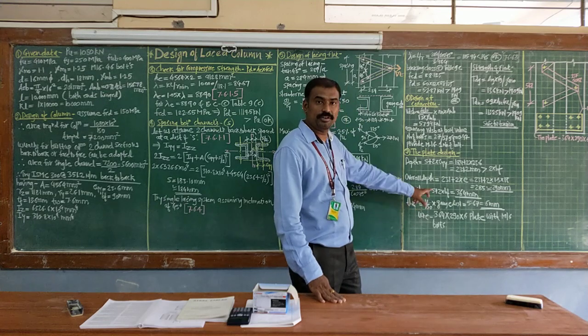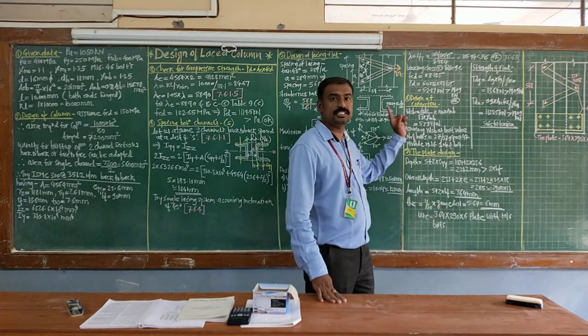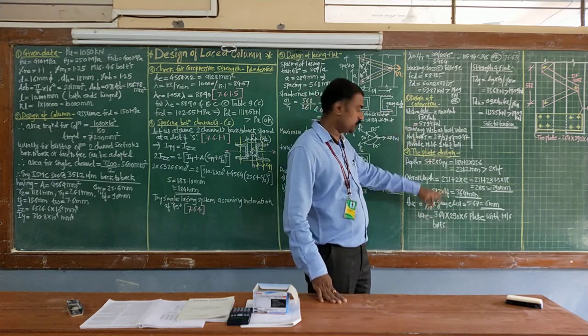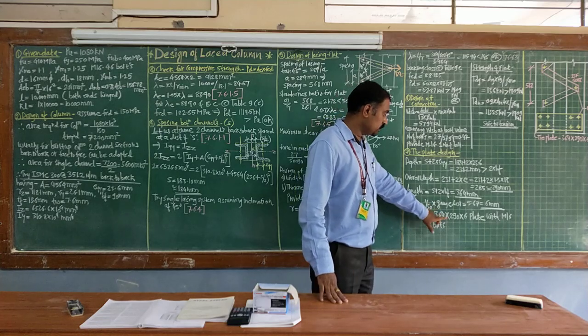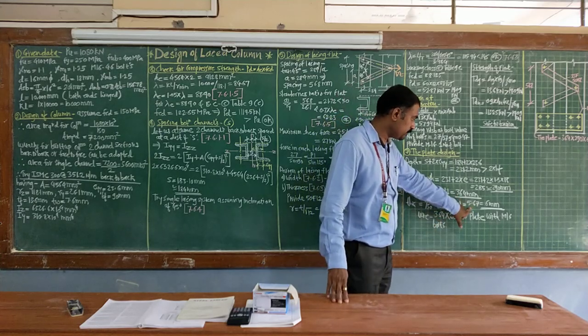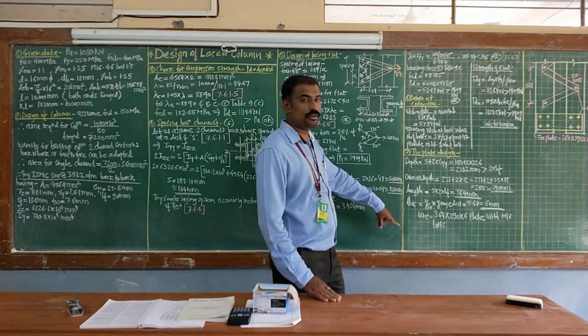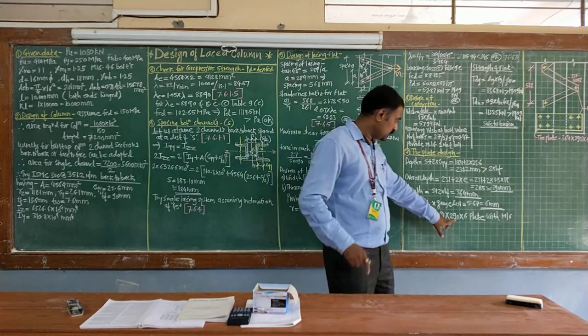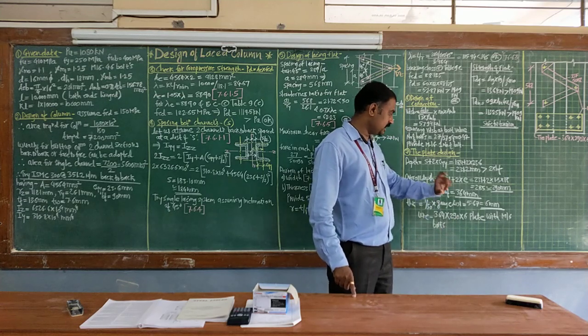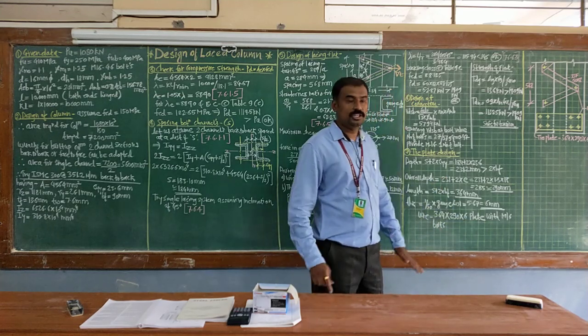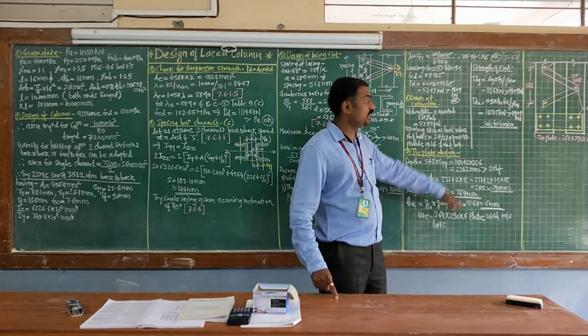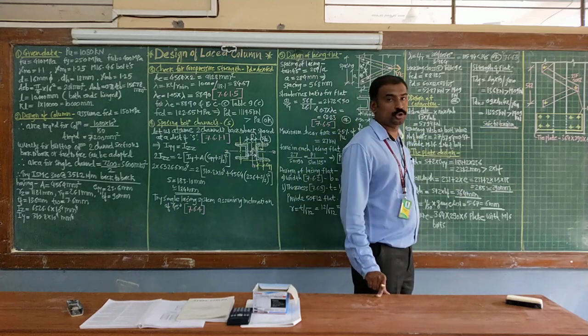And thickness, 1 by 50 of your gauge distance. Gauge distance is 50 plus 100 plus 184, so 1 by 50 of your calculated value, you are getting is equal to 5.67, and that is 6 mm. Correct? So adopting your plate of 364 as length, then width 290 as depth, and 6 mm as thickness of the plate. Correct? So here the design of the tie plate is completed, and this will be your final sketch showing